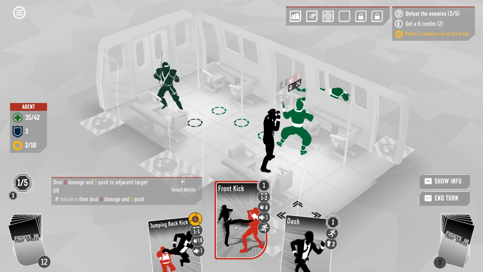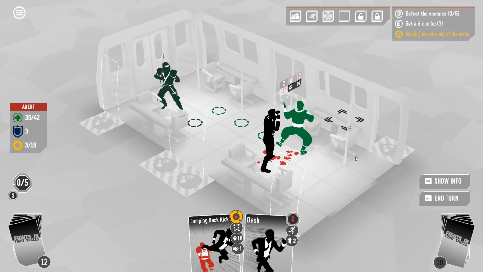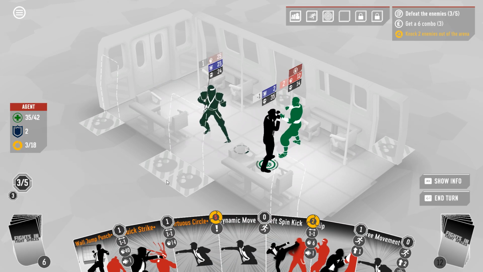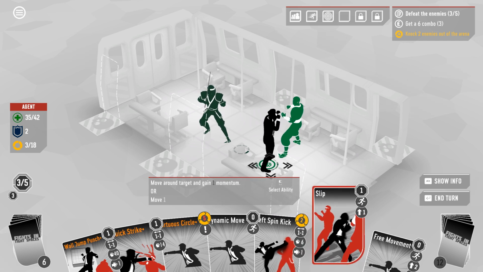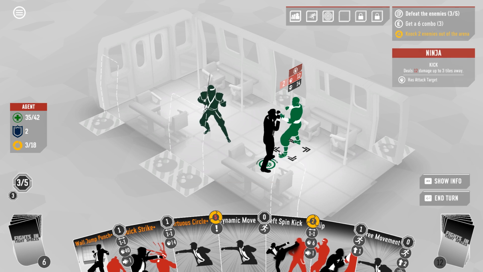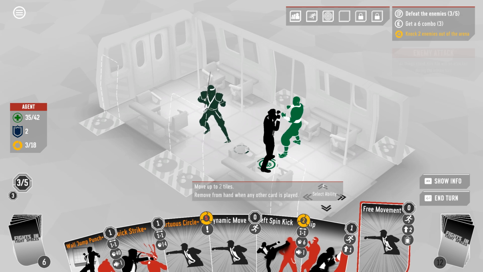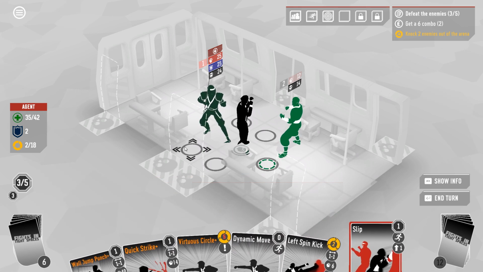Then we'll slip this guy so that we can deliver a front kick. Just build up our combo here. I don't think it should be a problem for us to get to 6. Although, sadly, we did not draw our multi-punch, which would have been real nice here. That said, this is very easy. We could wall jump. I mean, obviously, I'd prefer to wall jump this guy. Yeah, that's pretty doable. This is going to cost us a combo, but then we have...